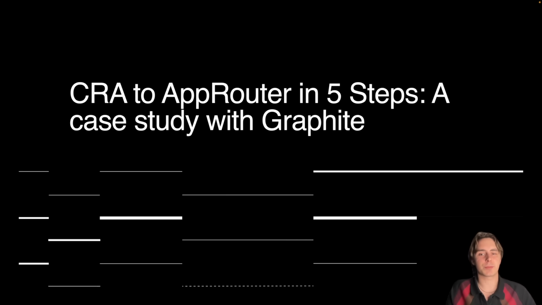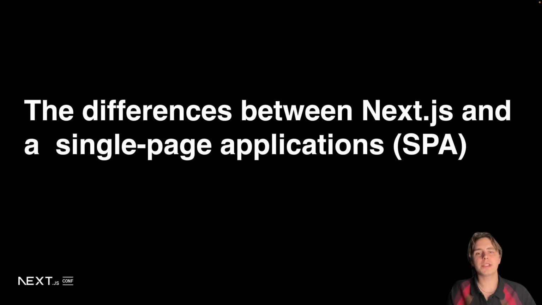In migrating our sprawling TypeScript monorepo that dozens of developers collaborate on simultaneously, our first attempts at migration were incredibly long, expensive, and failed partway through. However, after talking to members of the Vercel team and using the new app router, we condensed the entire migration into 5 simple PRs. There are 2 main differences that affected us between Next.js and single-page applications such as those